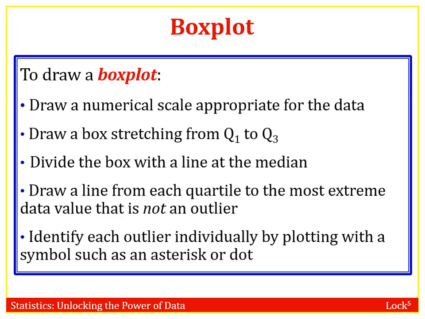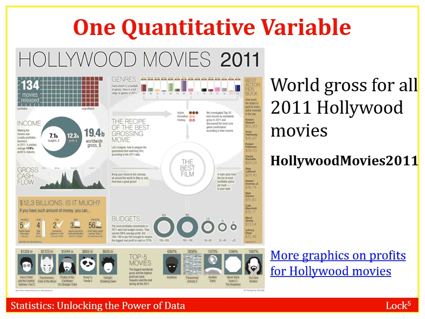Then all your outliers, if you have outliers, sometimes you won't have outliers, but if you do, then you're going to mark those values either as an asterisk or a dot. So let's go ahead and take a look at those